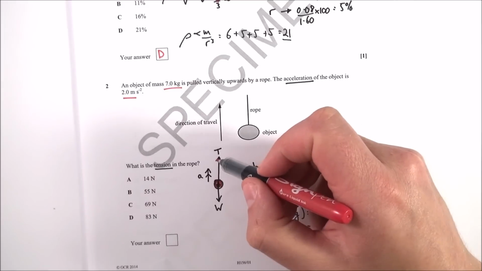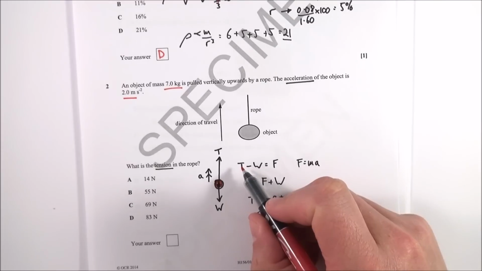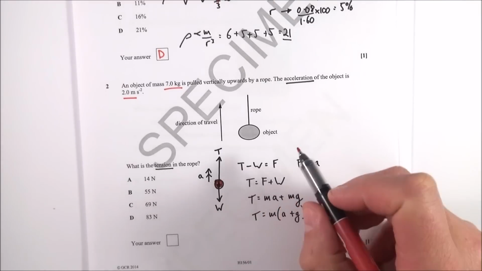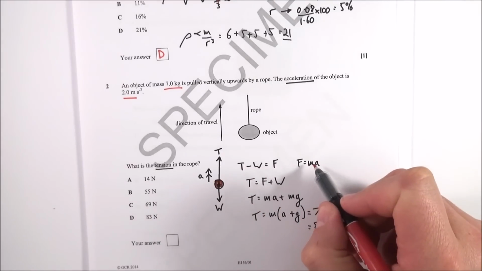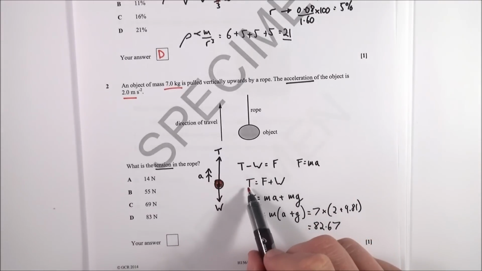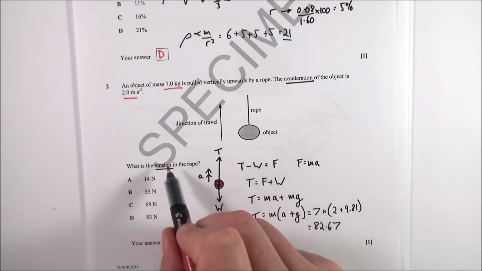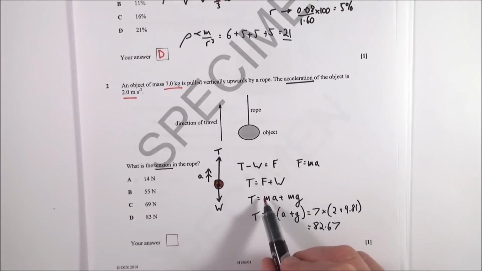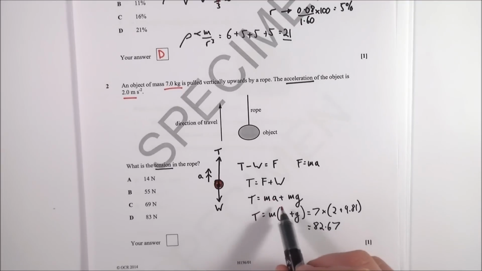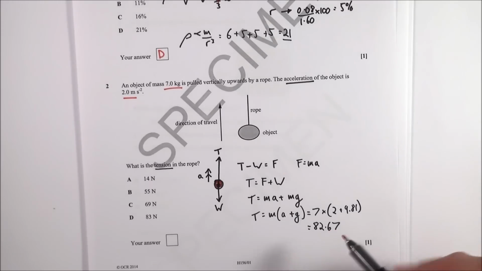And the thing is that the tension is going to be bigger than the weight if it's accelerating upwards. So what I can say then is that the tension minus the weight gives us the net force. And that net force causes this object to accelerate. So, a bit of Newton's second law there. If I rearrange this, I can say that T is equal to F plus W, because we're trying to find out the tension in the rope. And therefore the tension is equal to the net force, which causes this acceleration, so ma, plus the weight, which is mg. So T is equal to m(a plus g). I put the numbers in and I'll find that the tension is 82.67, which is about 83,